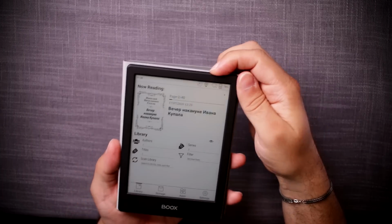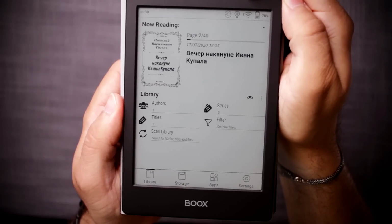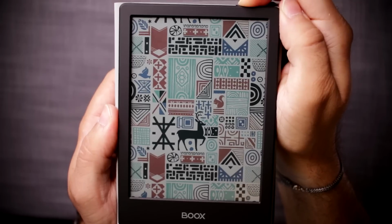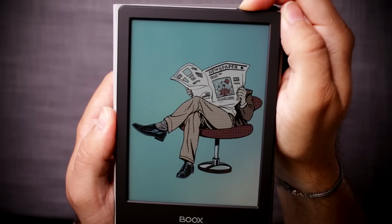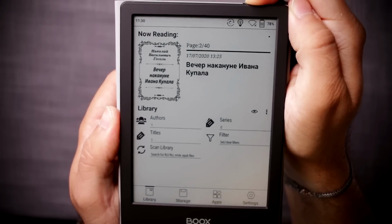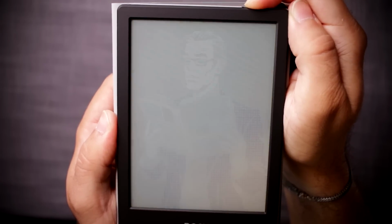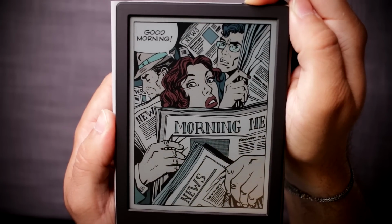That's kind of cool because I like the touch that by default they've added that every one of the sleep screens is a different color screen, so you can quite quickly see this. And one thing that's definitely new: on the Poke 2 and every other one, we had like 3 different sleep screens. Here we have 1, 2,